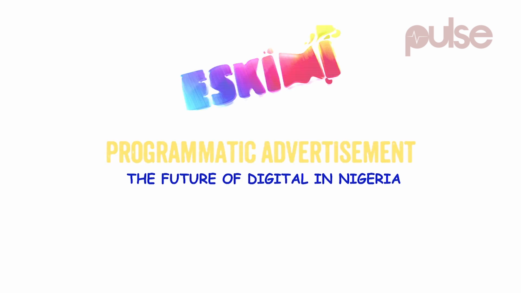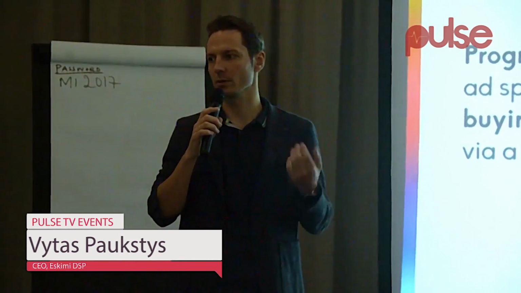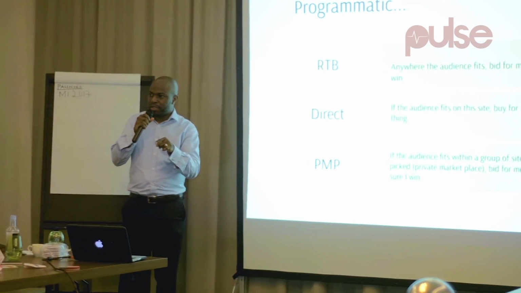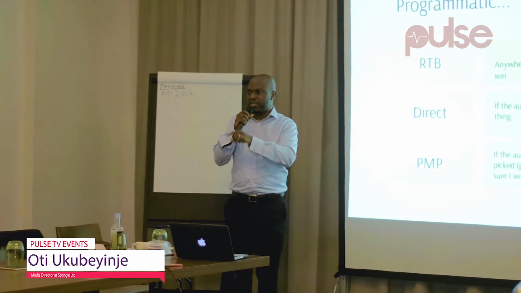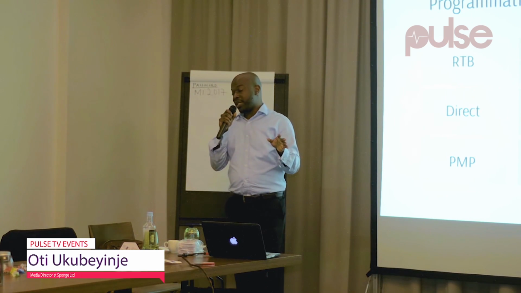Programmatic is basically the machines doing all the work. And in Nigeria, for example, our platform has 260 million impressions that are served every day. So you can imagine that if you do it manually, it would not be possible to manage them. Programmatic is basically real-time bidding plus data to make the right decisions to ensure that you're reaching the right people. That's as simple as it gets.